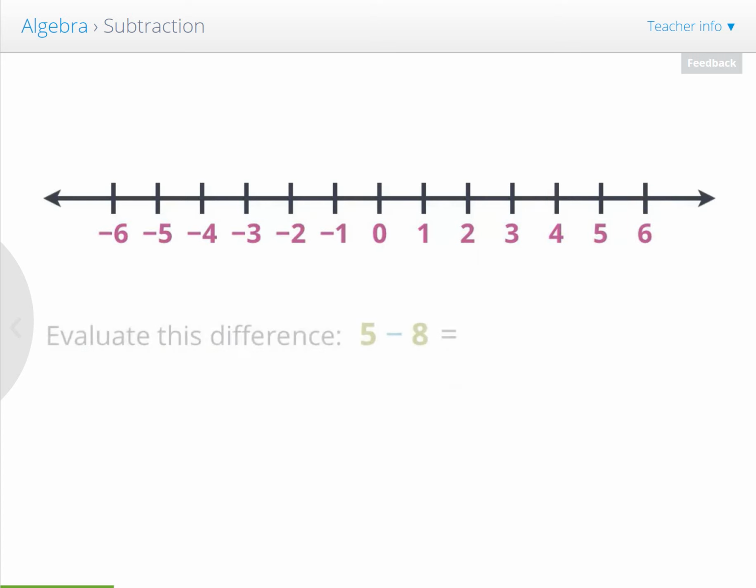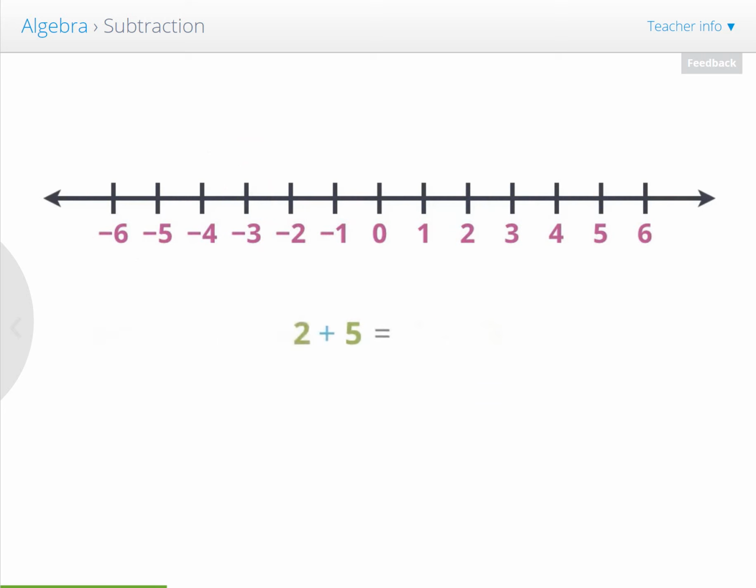Try another example. What's 5 minus 8? Excellent. So if we start at 5 and then move a total of 8 to the left, we're now in negative territory. We're at -3. So 5 minus 8 equals -3. In general, whenever you have a positive number and subtract a bigger positive number, you'll wind up with a negative